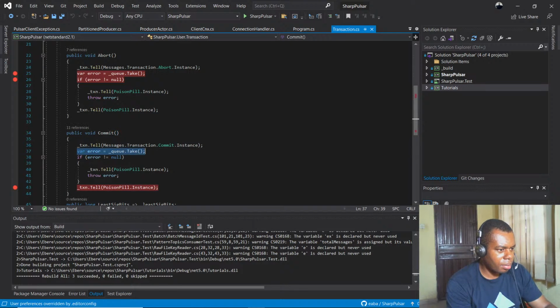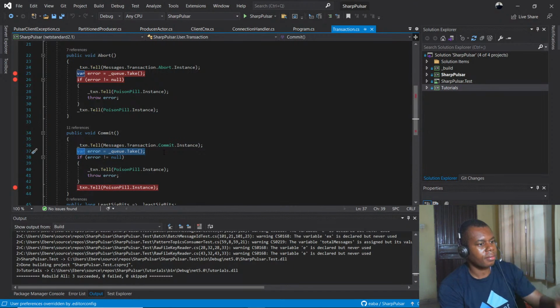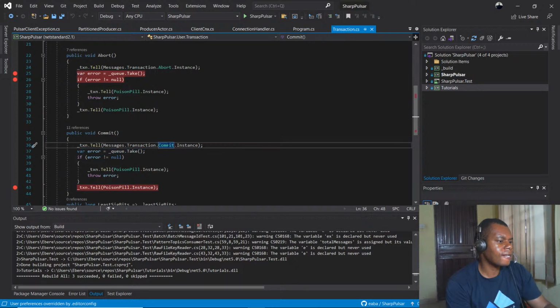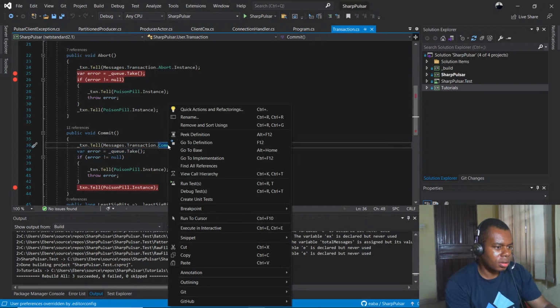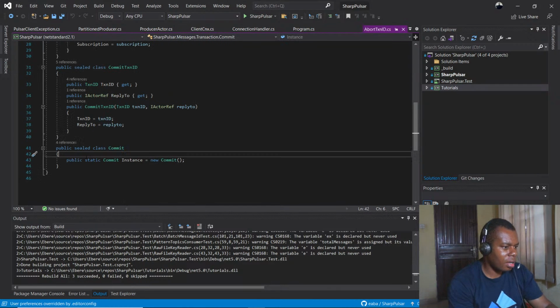This is where the problem is. This line. It gets stuck there if I say commit, but instead of doing that, I will say